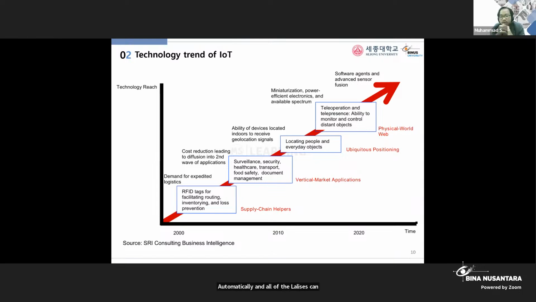Right? And next, moving on to 2010, we have experienced the webcam, right? The web camera that we are currently using in front of us. This webcam has been used for surveillance, security, transportation, food safety management, etc. Because basically the webcam is also another example of an IoT device. And by capturing images in real time,